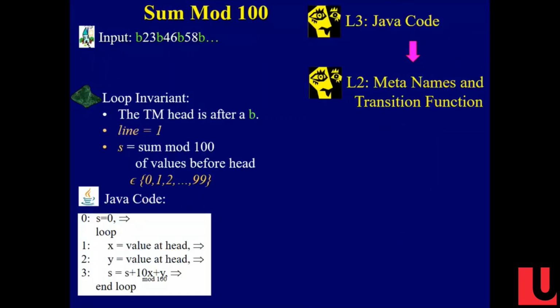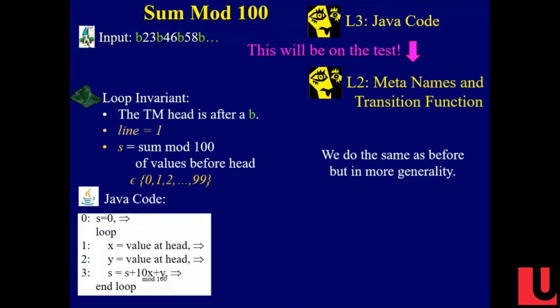So now, let's go to meta lines. Now we're generalizing it. This is what you actually have to do on a test. So hold your question until we do this, because this is what I want you to do. What we're going to write over here is going to be the answer that you need to write down. Unless I have a little question that says, why is the loop invariant maintained? Then you have to do that. But if what I'm asking you is to give me metacode for a Turing machine, then this is what you need to do. We're going to produce metacode for this Turing machine.